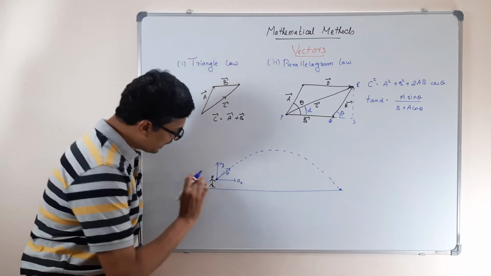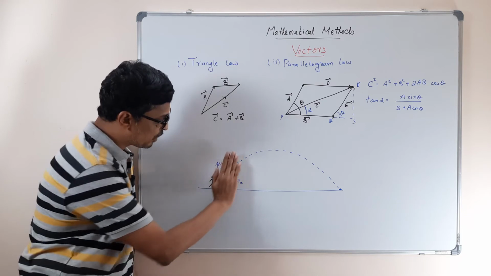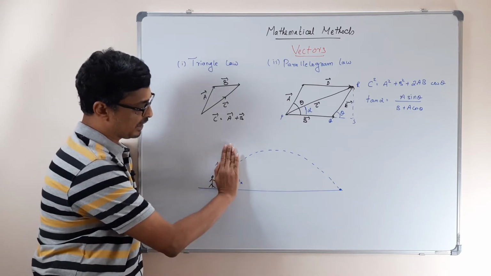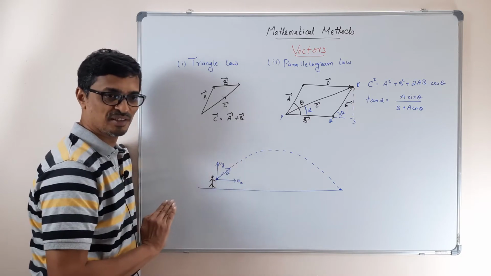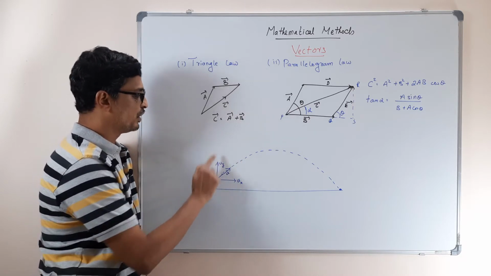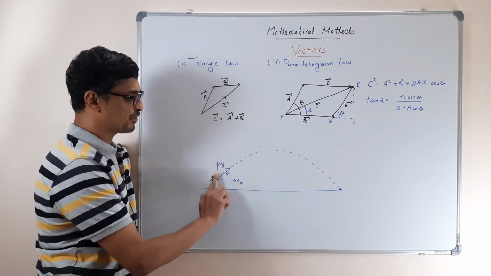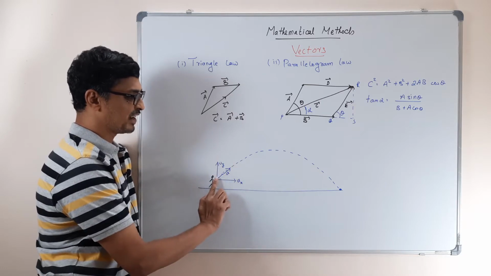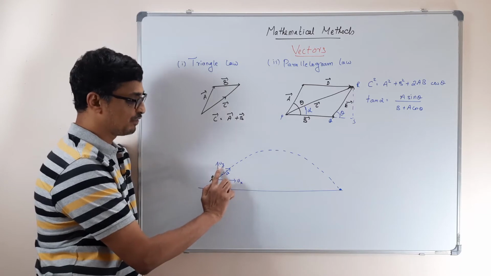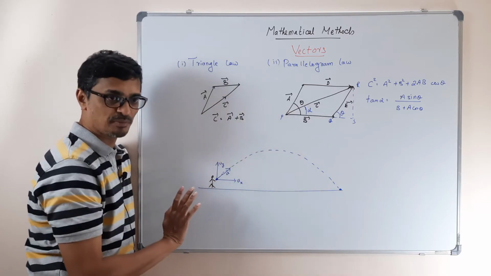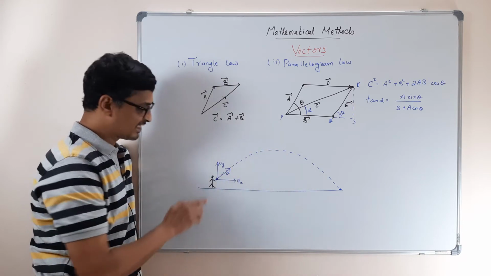Correct? So when I forget about Vx, I will just see Vy. This will be equivalent to a guy throwing a stone upwards at a velocity Vy. It will go to a certain height and come back. That will be the same height because that is a component of the velocity. So if the boy is throwing a stone vertically upwards at a velocity Vy, which I have resolved, then it gives me the height it has reached. And in the same way,